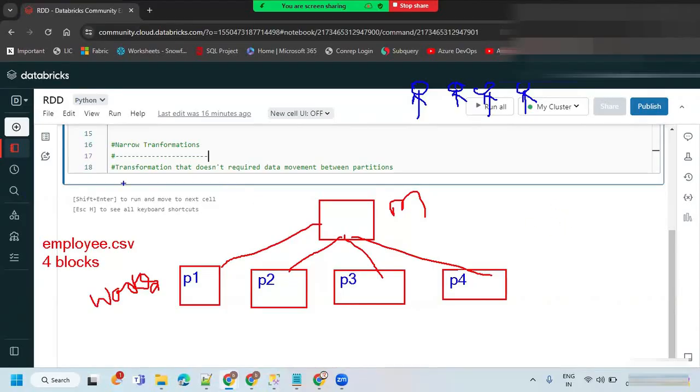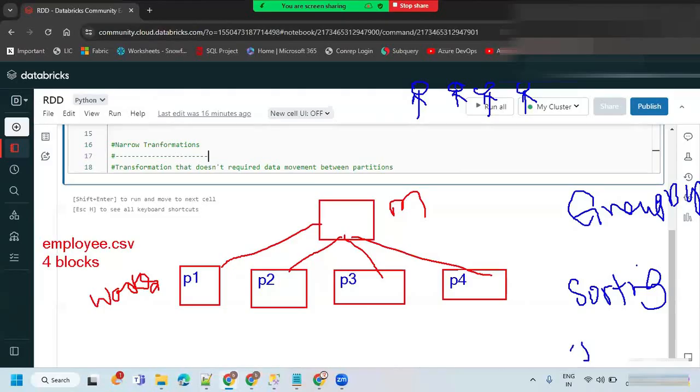For example, we have seen in SQL Server group by operations, right? Group by, sorting, and joining. These are all wide transformations. You have to group, you have to swap the data from one partition to another partition.